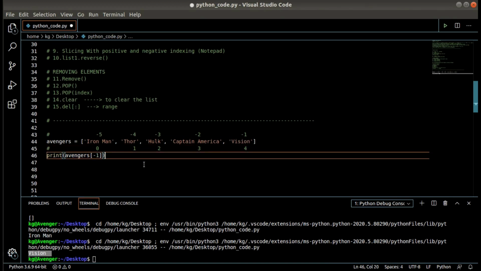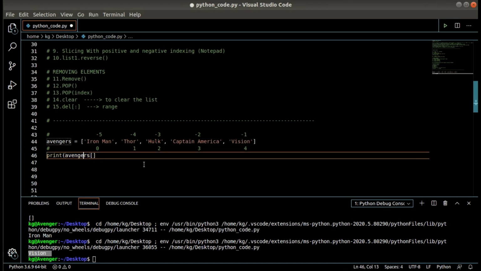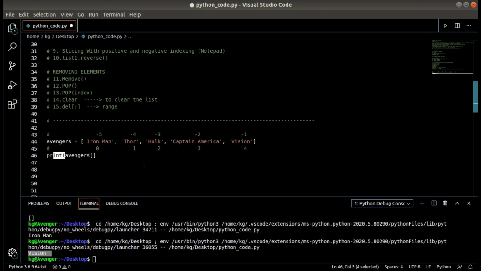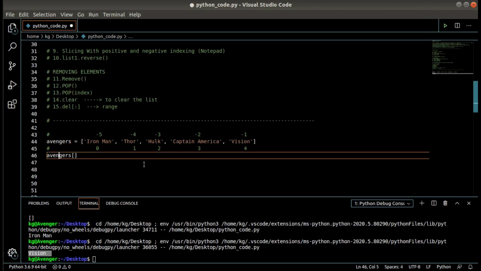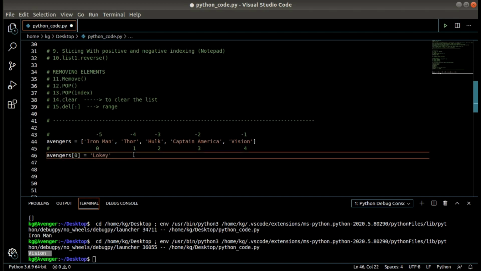Now we will set items to a particular index. For example, if I want to change the Iron Man name to Loki, what I am doing over here is using the list index number is equal to the value Loki.